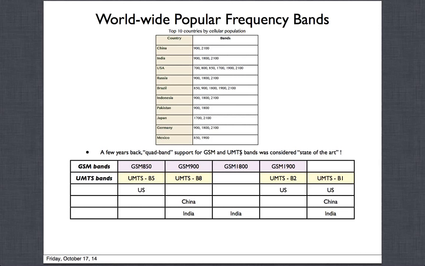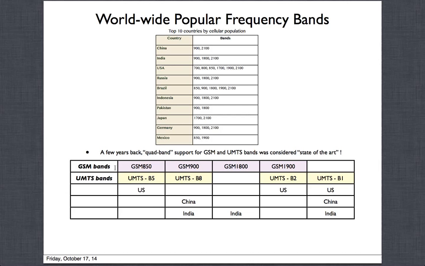have been adopted more and more as non-GSM. GSM was the initial standard, is still a pretty dominant one all over the world, but as these others have developed, they have gone into more being called UMTS bands. They are UMTS frequency bands. That's where a lot of those deployments have happened. We'll talk about it more, but a few years ago it was called state of the art. So if you could support these 4 bands, it was considered very good. So let's look at the GSM quad band.